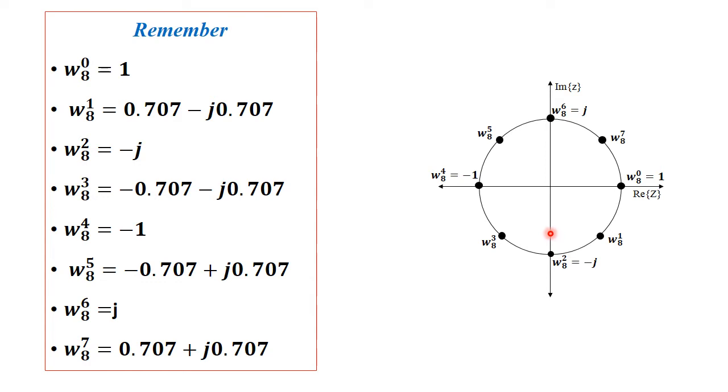0.707, somewhere at this location. Now by combination of the real and complex parts, if you draw a line towards the unit circle, we get this location. It's an approximate representation. So this location indicates omega 8 power 1. Similarly, you can keep mapping all these values on this unit circle.